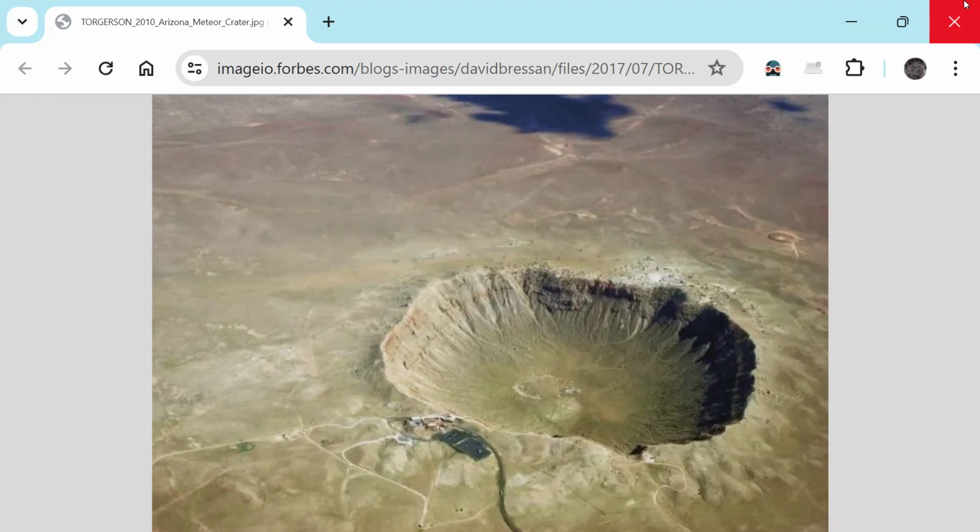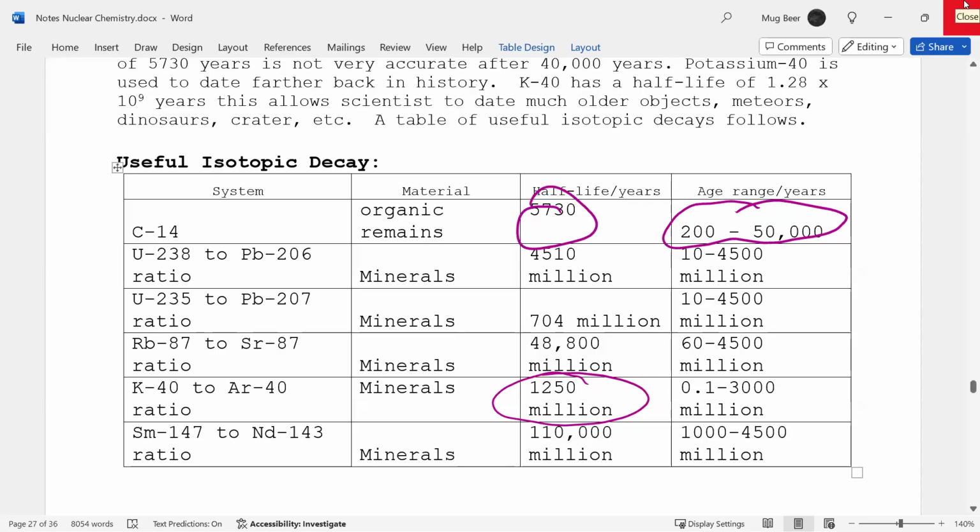The way that they figured out that it was a meteor hitting us was two ways. One, they found some weird rocks, and then they checked the ratios of samarium to neodymium in those rocks. And those rocks were way, way older than Earth. Earth is 4.5 billion years, and these things were in the tens of billions of years old. Okay, so these things are much older than us. And the other way is